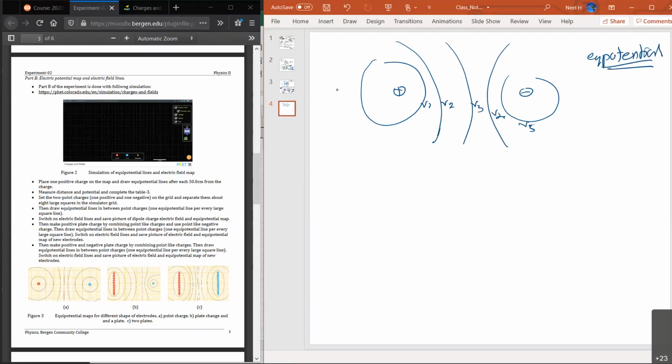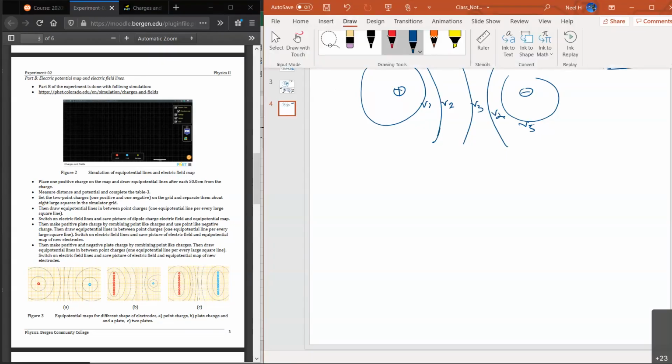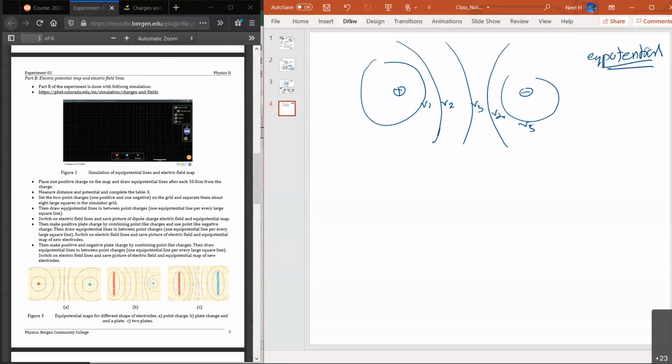That is the only thing we can do experimentally. We can't really measure the electric field. Now you know the electric field must start from positive and go towards negative, right? So it should start here and go towards negative. When the electric field line crosses through the equipotential line, the crossing should be at a 90-degree angle to each other. That's the idea. So by knowing the equipotential map, I can actually draw my electric field map.